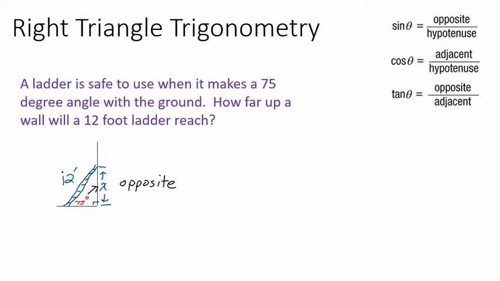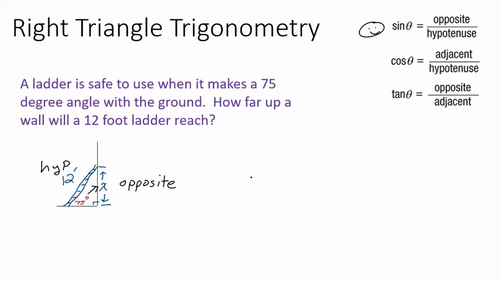And we know the 12. What side does that represent? Well, it's across from the right angle. It's the longest side, so that makes it the hypotenuse. This side on the ground would be the adjacent side, but we don't know that number. We don't want to know that number. We could figure it out, but it's not what the question is asking for. So I'm going to go ahead and just not worry about this for right now, and I'm going to focus on the opposite and the hypotenuse, which is